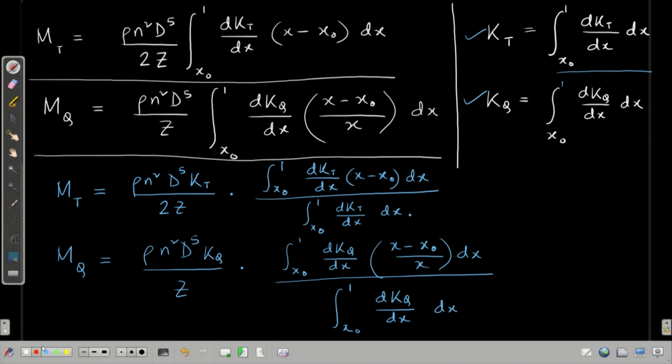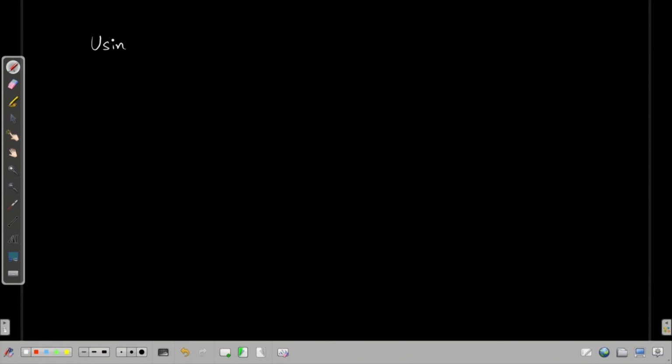Now, there is a reason for expressing the moments with these values related to the change of the thrust and torque coefficients over different radial locations, because in circulation theory calculations these values will have certain assumed variations on the propeller blade, and we can substitute these particular factors with the variations to do the calculations for the moments for thrust and torque on the propeller blade. So, using approximations